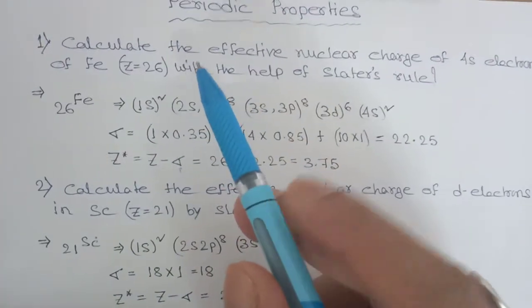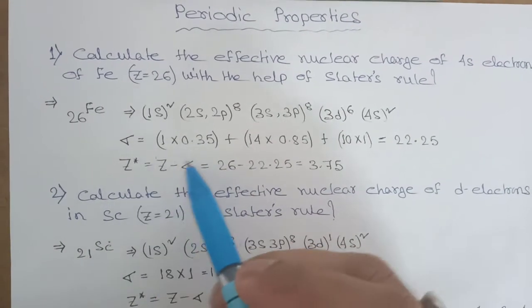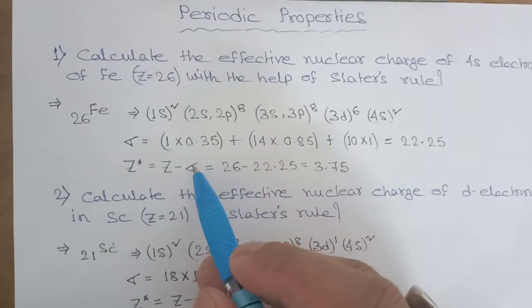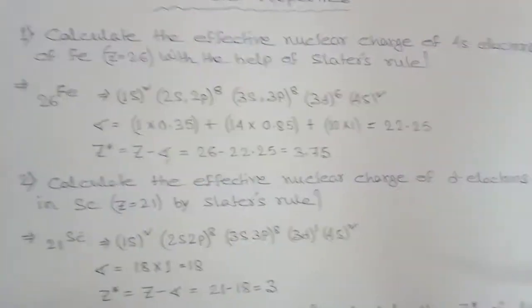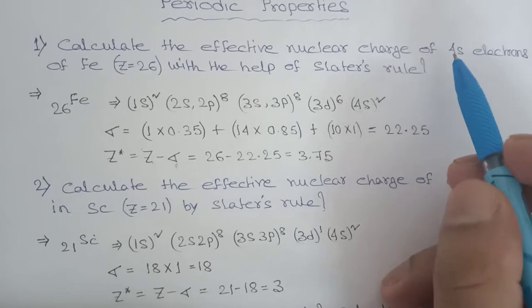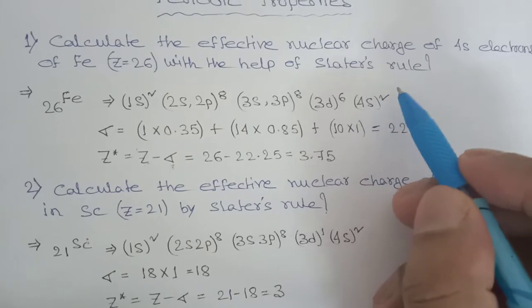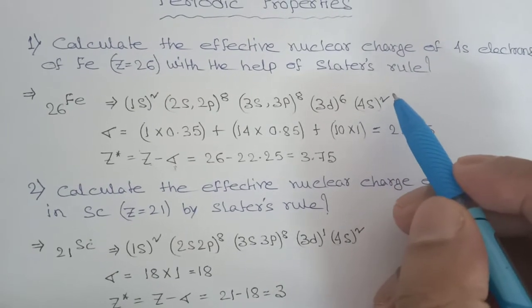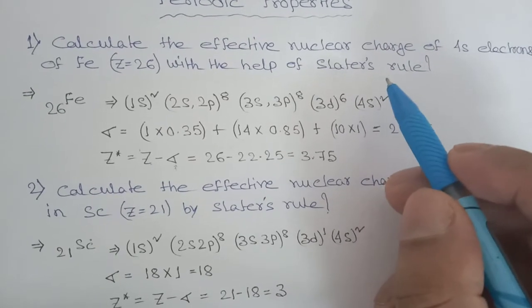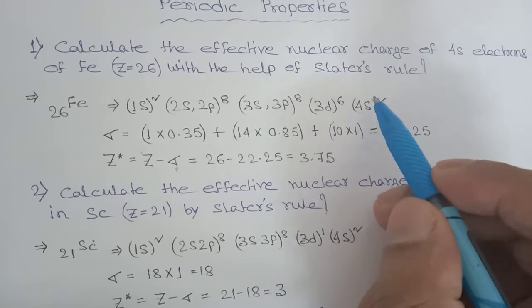First one, here we have to calculate effective nuclear charge. So this is the rule for calculation of effective nuclear charge. Here you know atomic number, means Z is given 26, so you have to first calculate this screening constant. Then how can you calculate? So screening constant is equal to, for this electron, one electron should be subtracted, because you are calculating for that electron. So 2 minus 1, so only 1 electron will be there. For the n shell, you know contribution per electron is 0.35, so 1 into 0.35 for this one,